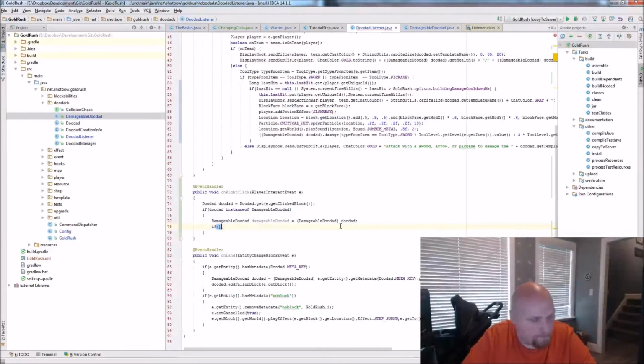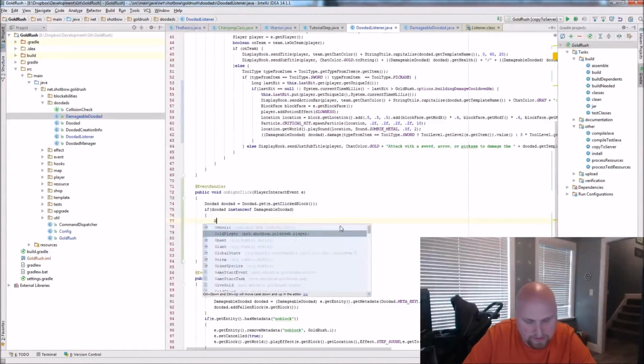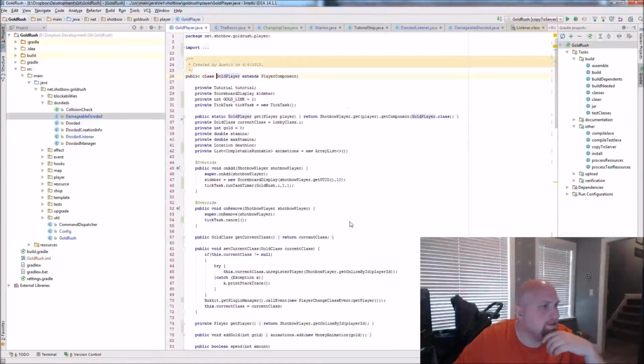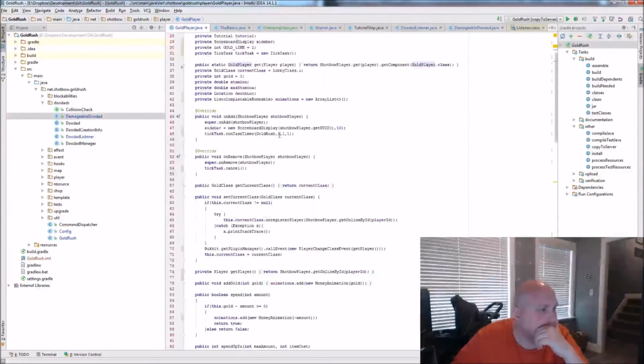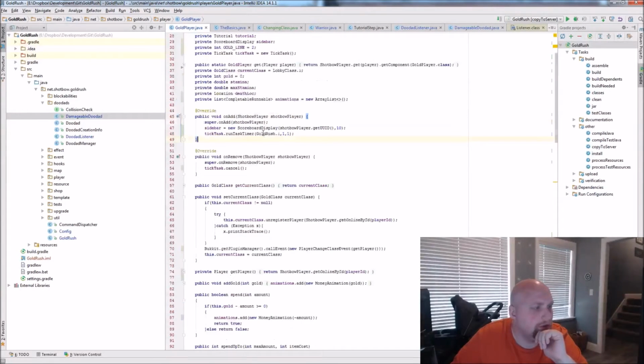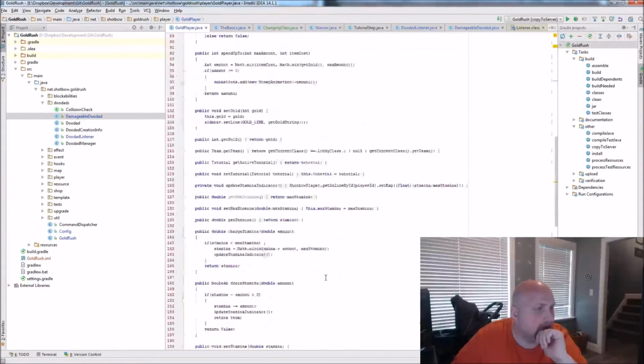But then I can go if damageable doodad is dead, I can go gold player.get e.getPlayer. What I have is a class here, gold player, that extends what's called a player component. This is something in our internal Shotbow structure, but it gets attached to your Shotbow player when you join and gets instantiated there, and then creates your scoreboard display and creates a tick task that'll run every tick, testing things and doing all that fancy stuff.